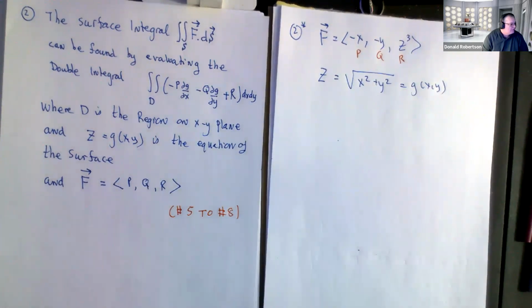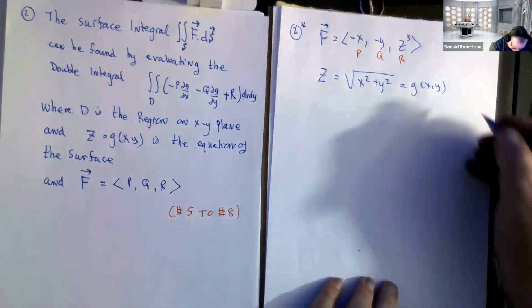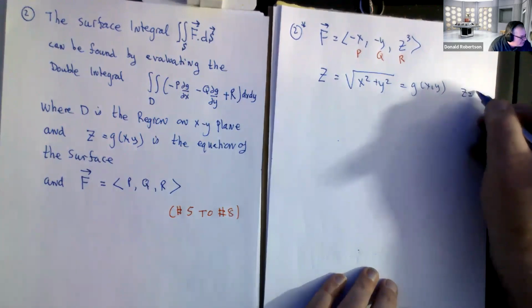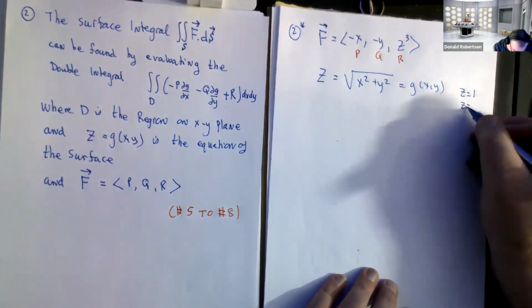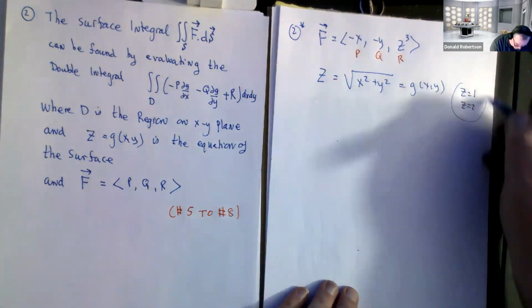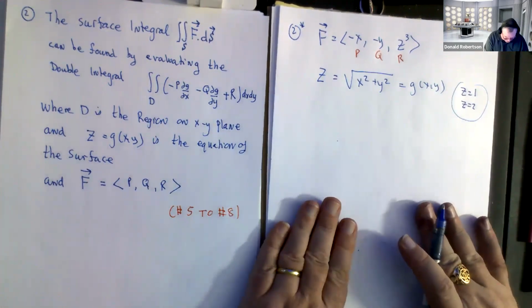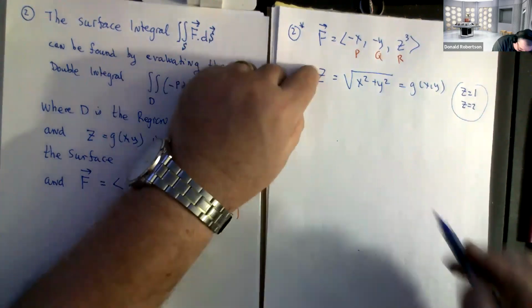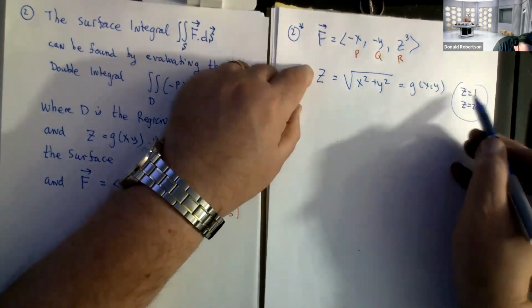And the plane also has an extra piece of information, which is z equals 1 and z equals 2. And you might think, well, what on earth is that going to tell me? This piece of information is going to tell us the floor. So let's focus on the floor. If you have this guy and you make z equals 1,